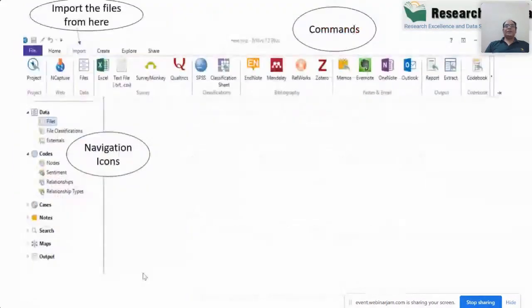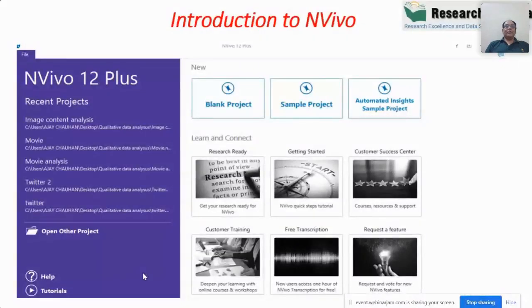So these two pages, just recall these two pages, because after this I am going to demonstrate the software, how to manage the data in the software. This is the front page, and here are the existing projects on which we are working, but we can go for a blank project or a sample project, and these are small videos which you should see before moving to the software.